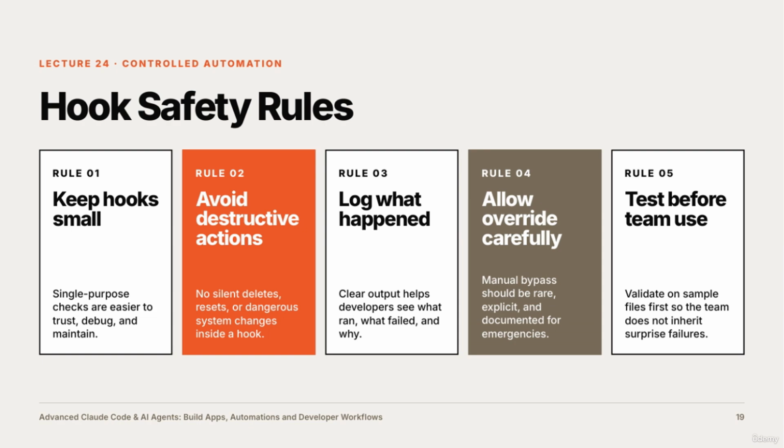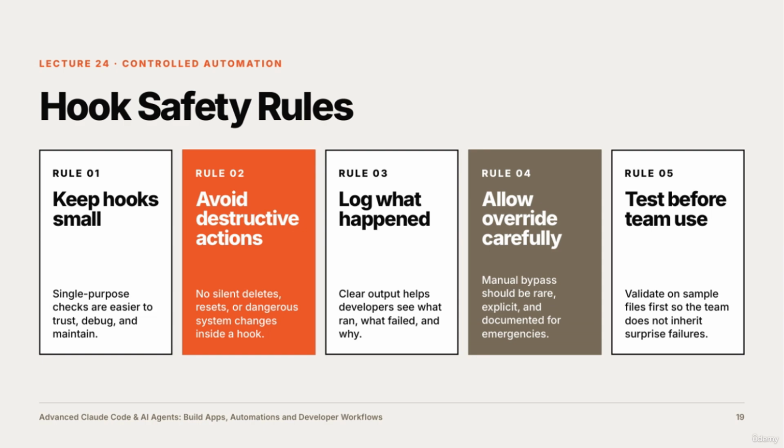That means no silent deletes, resets, or any dangerous system changes happen behind the scenes. Transparency is key here. Third, always log what happened. Clear output is crucial because it helps developers understand exactly what ran, what failed, and why, making troubleshooting far more efficient. Fourth, allow overrides carefully. Manual bypasses should be rare, very explicit, and well documented, so they're only used in true emergencies, protecting the integrity